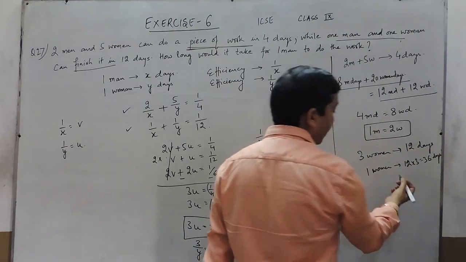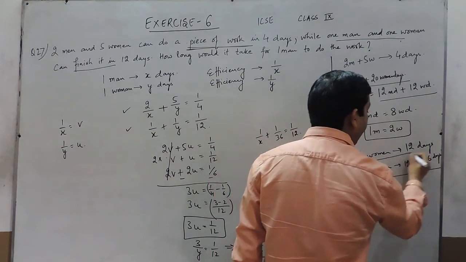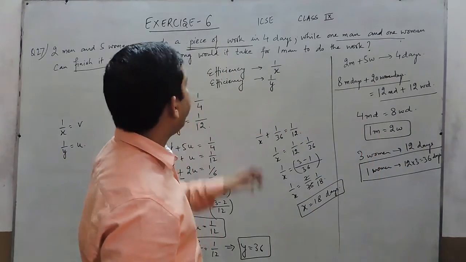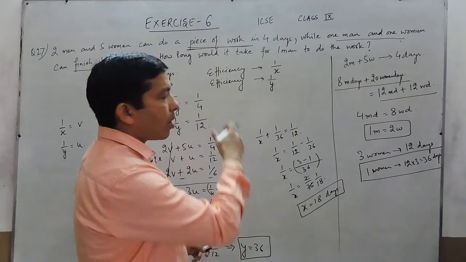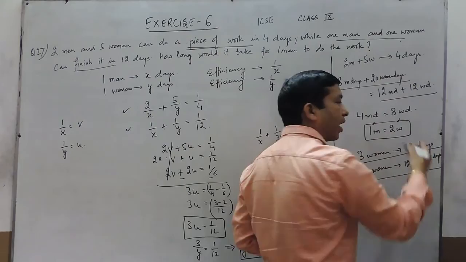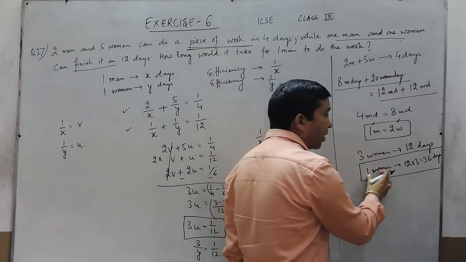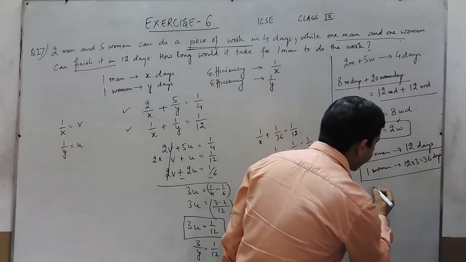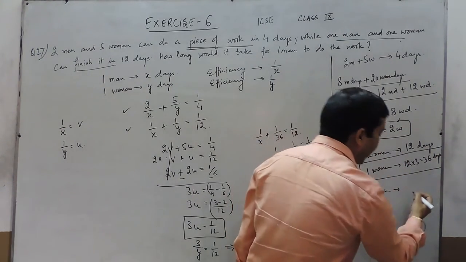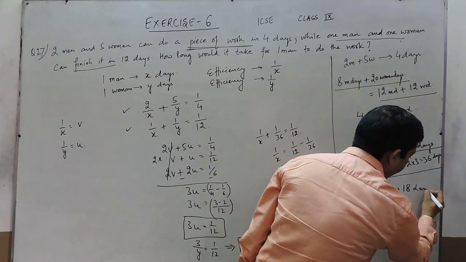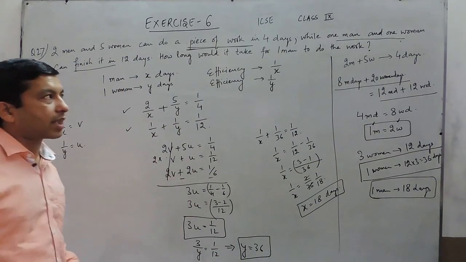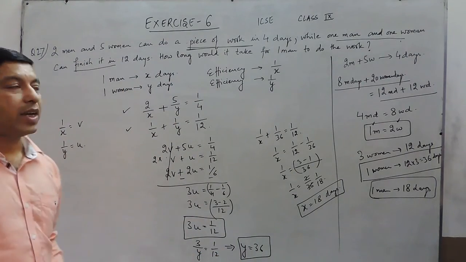And as we know that 1 woman can complete a work in 36 days, same way if we convert women into men, then we can find out in how many days 1 man can do the work. We already know that 1 man's work is equivalent to 2 women. So when 1 woman is completing the work in 36 days, 1 man, being equal to 2 women, can complete the work in 18 days. So in this way we can directly calculate the question without solving it by the method of efficiency.